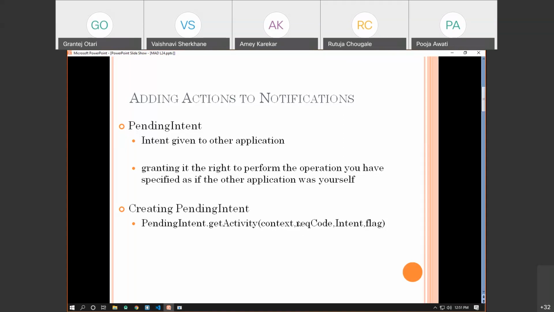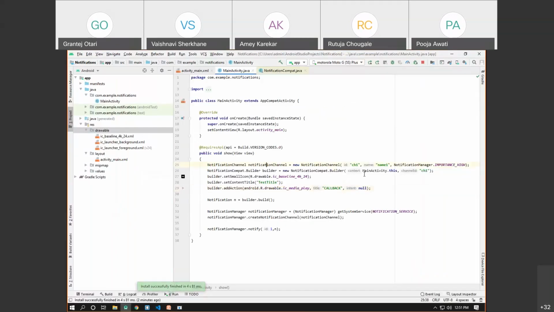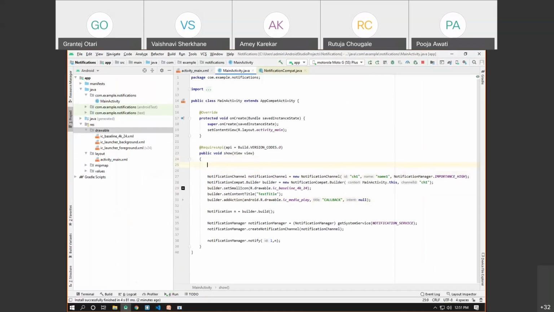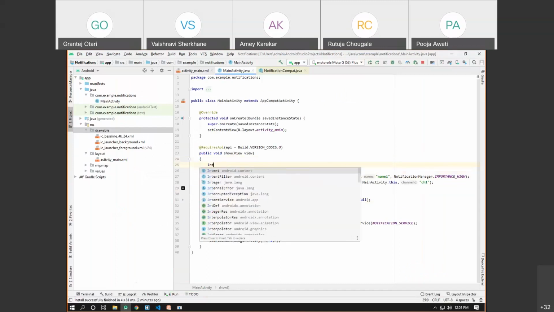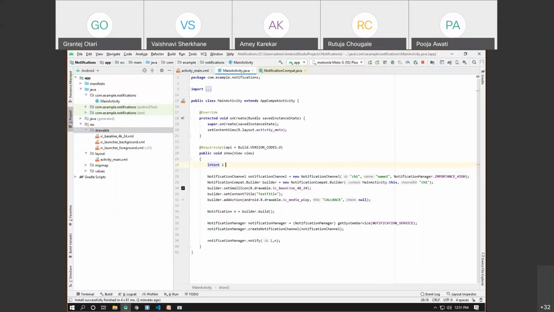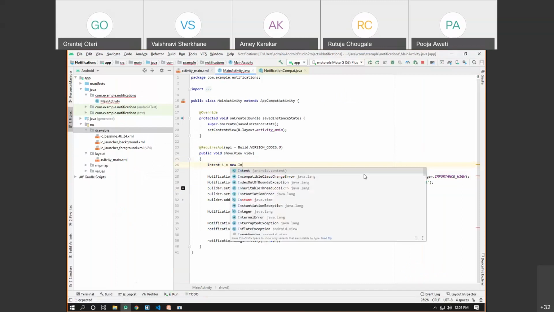So one thing is for sure, before having the pending intent, I need to create the intent first of all. So I can say for a callback, I want to launch a dialer. So for that I'll be creating the intent here. I can say Intent i is equal to new Intent.